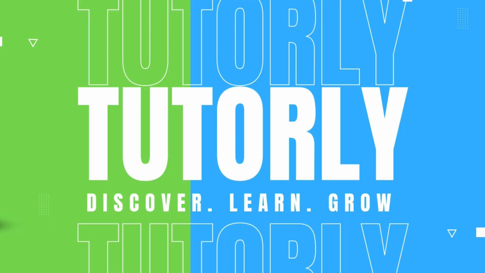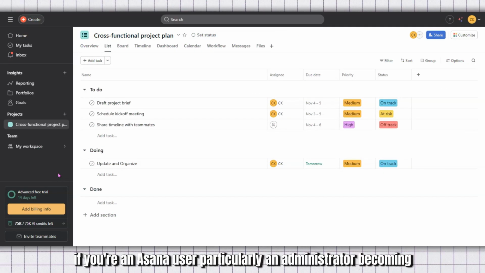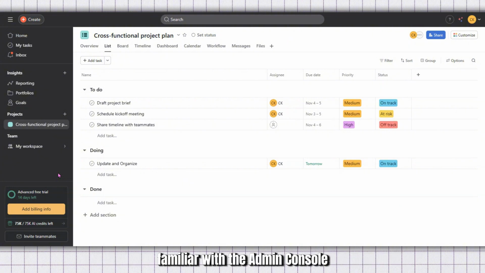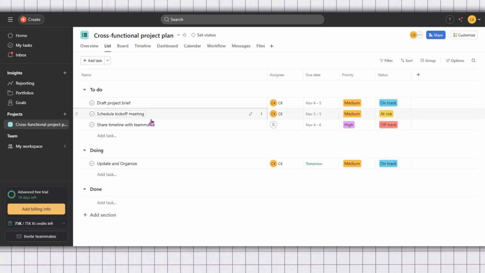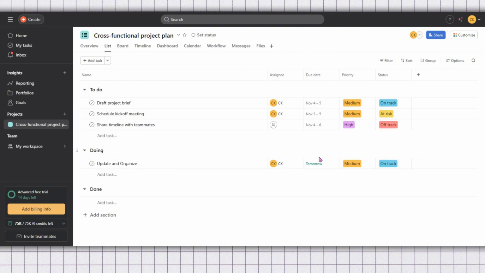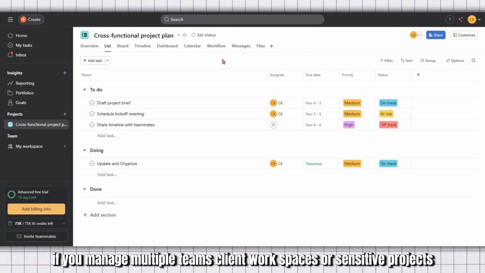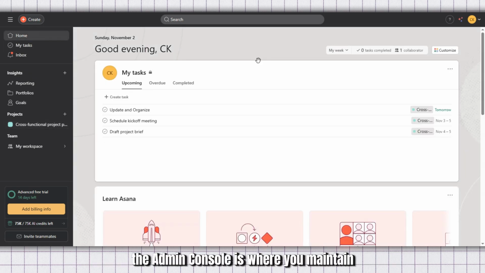Hello guys, so in today's video, I'm going to show you how to navigate and utilize the Asana Admin Console efficiently. If you're an Asana user, particularly an administrator, becoming familiar with the Admin Console is essential for managing your team's workflow effectively. Let's dive into it step by step, ensuring you're confident in handling all aspects of the Admin Console. If you manage multiple teams, client workspaces, or sensitive projects, the Admin Console is where you maintain control, visibility,